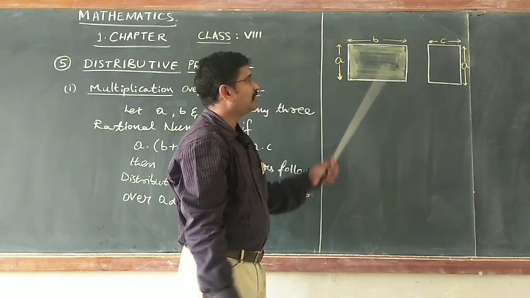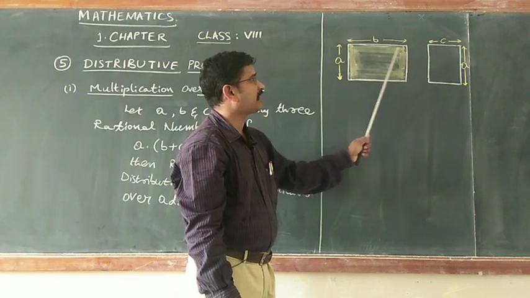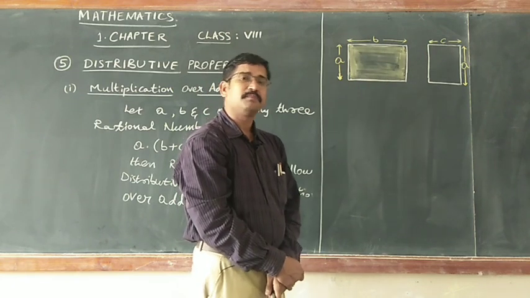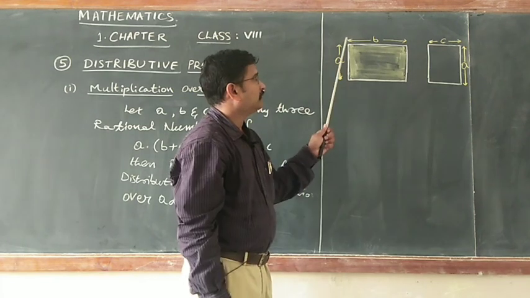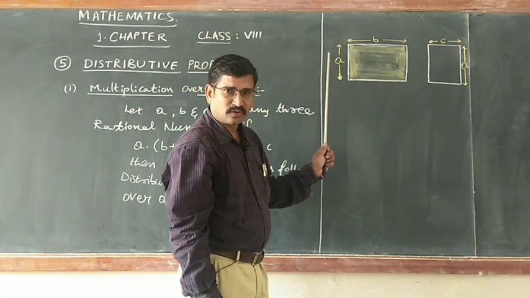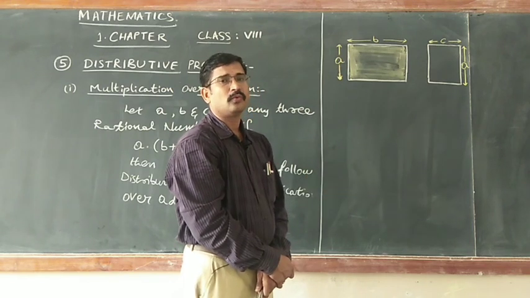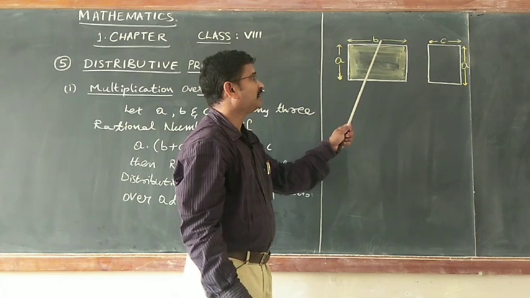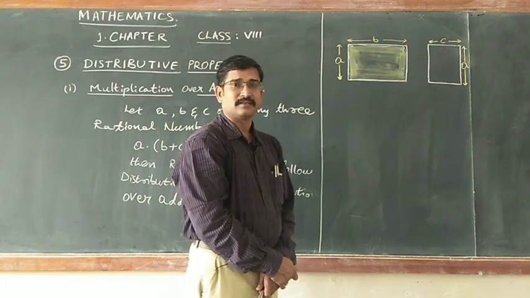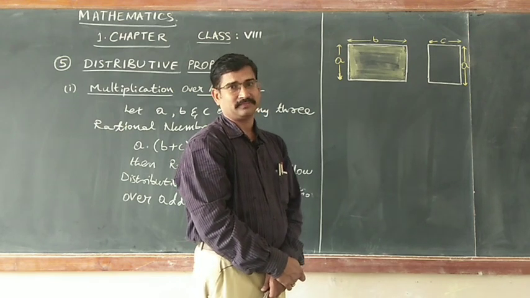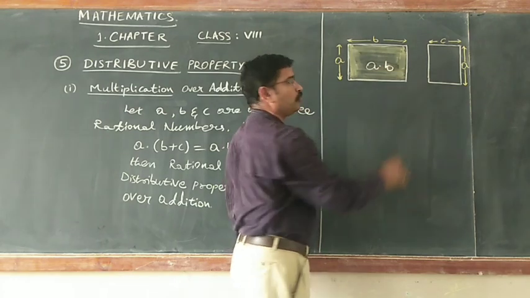See here I am assuming, let the length of this rectangle as B units and the other dimension, that is breadth of it, as the A units. Now, knowing length and breadth of a rectangle, and we know that area of a rectangle is the product of length and breadth. Therefore, its area becomes A into B.